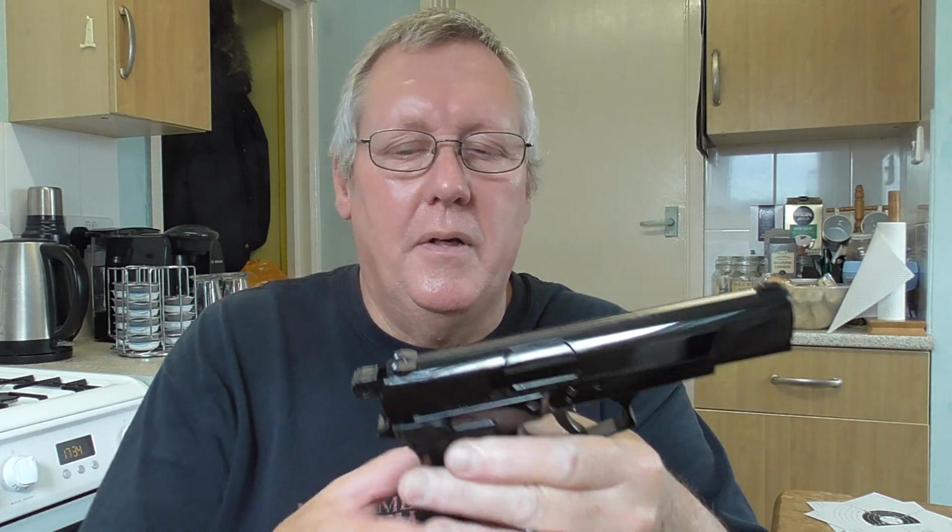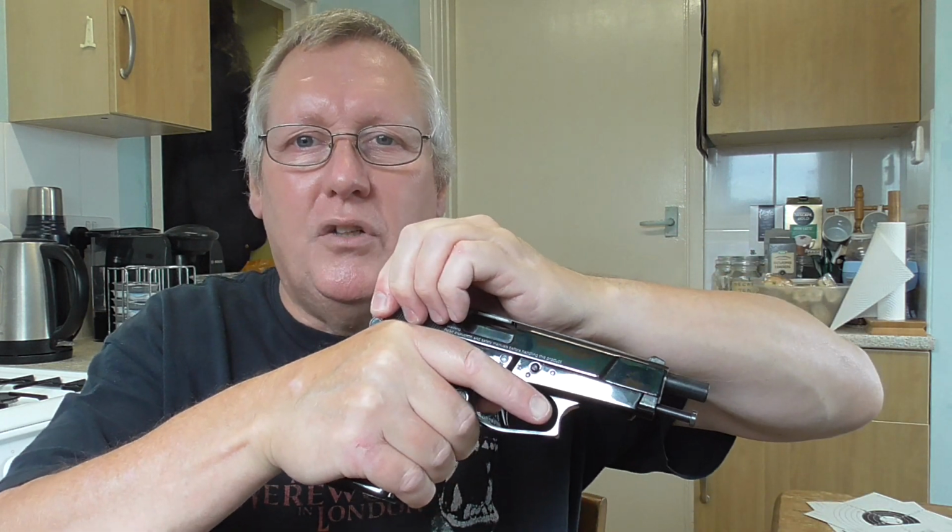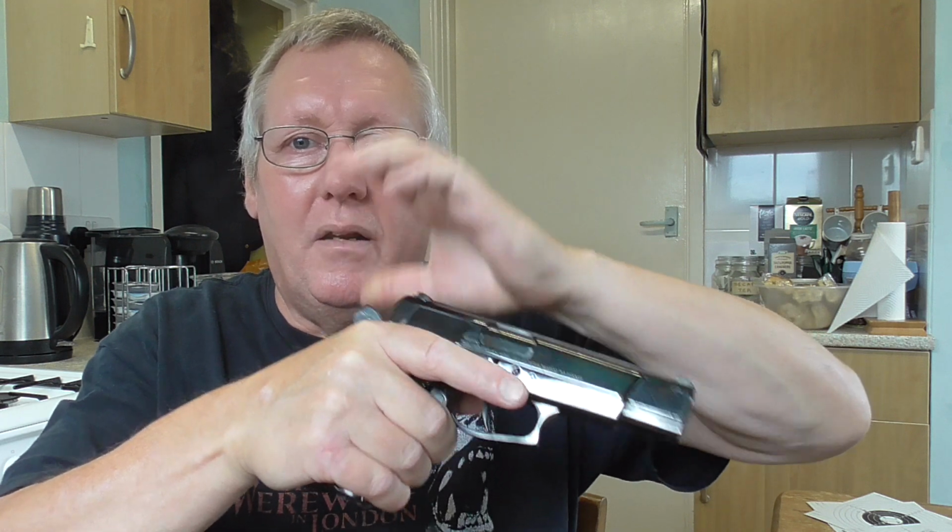I like the finish. I said the rattles didn't really bother me too much. A lot of BB pistols rattle, and that doesn't bother me either. I do like the weight of the actual slide when you pull it, because it's got such a meaty spring and it's full metal. It actually feels very much like a real Browning High Power, which I did shoot when I was in the forces, on the range. So yeah, it's nice. I like it. It's a bit blingy as well, actually. I'll be doing an outdoor shooting review when the weather improves,